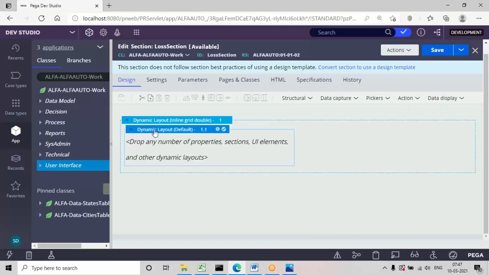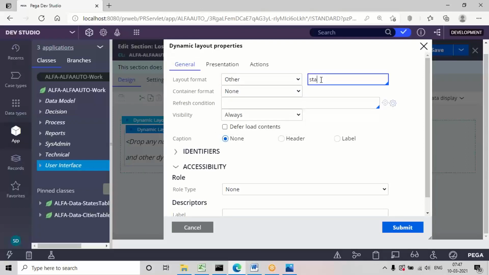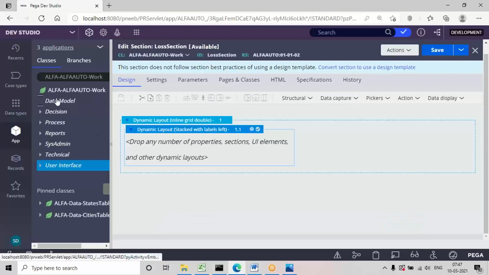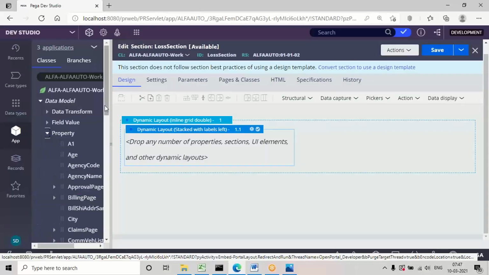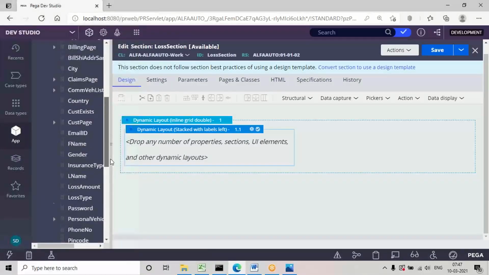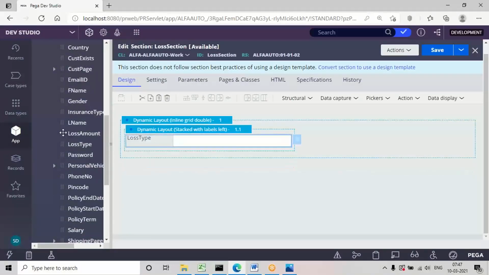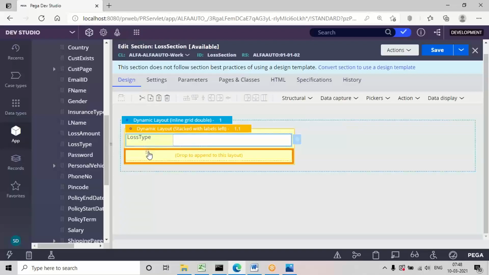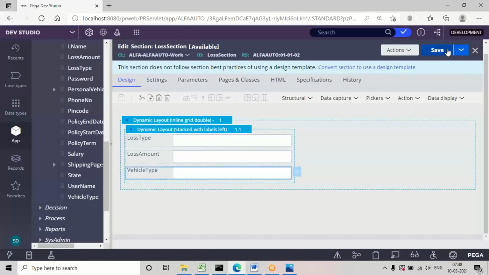You can directly drag and drop. So expand these and add these fields. Okay, add a flow action.